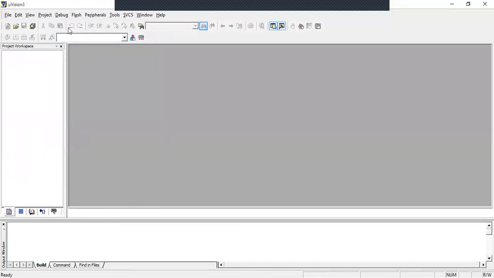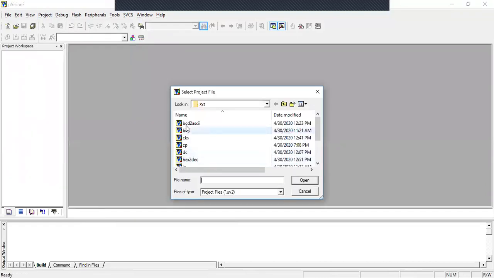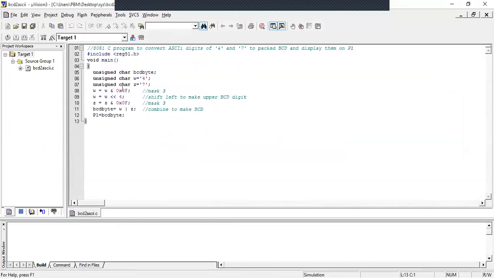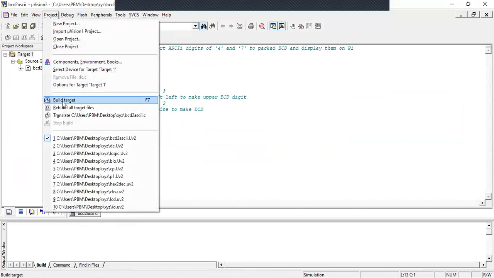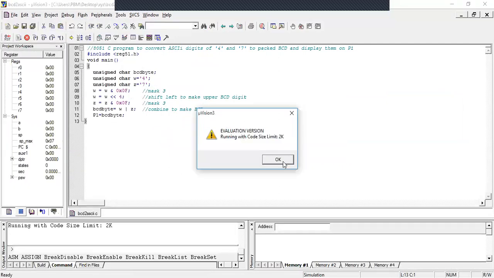Next, another program on data conversion, that is BCD to ASCII. In this, actually we are converting ASCII to BCD. The name has been just reversed here. This is a program where ASCII digits 4 and 7 are converted to packed BCD. So 4 and 7, we have to combine them and we should get 47 as the output. Let us see the program by executing it so that we can understand each and every step clearly.